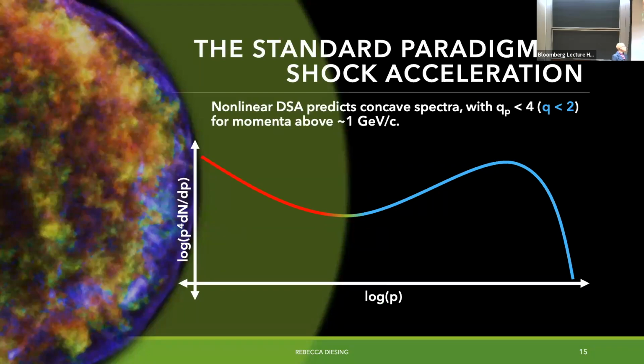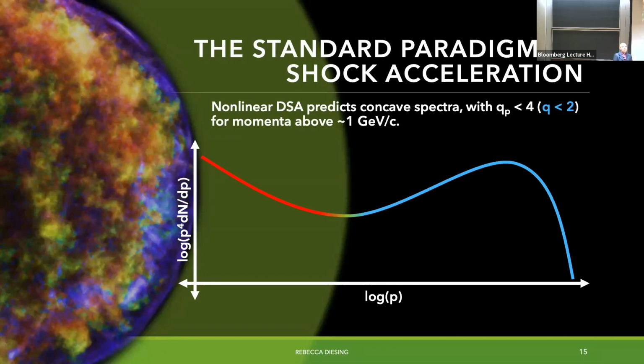So this is in momentum, where the transition point from steep to flat is basically set by the extent of your precursor, or equivalently, the lowest energy where you start to carry non-negligible pressure. And that typically happens around a GeV. And so that means that we can say that for relativistic protons, we expect their spectra to be relatively flat. So q to be less than 2.